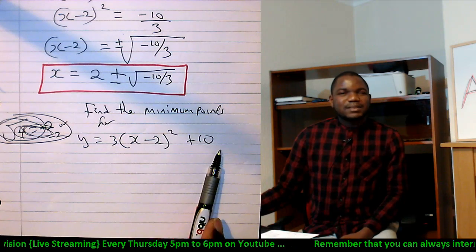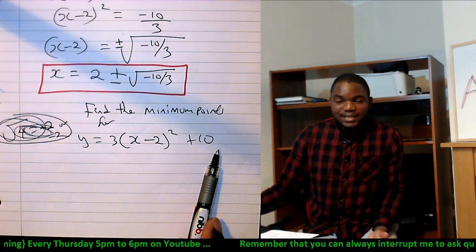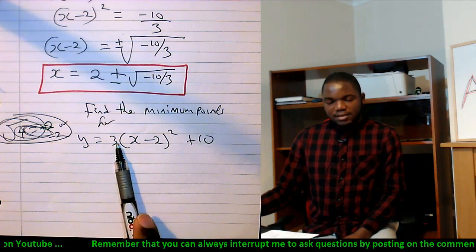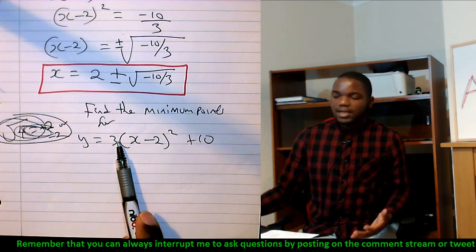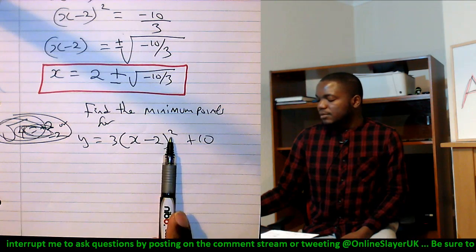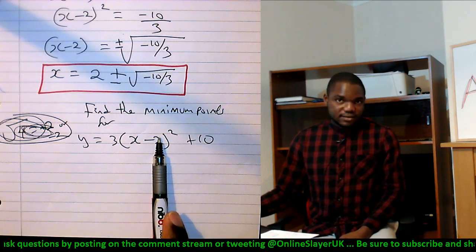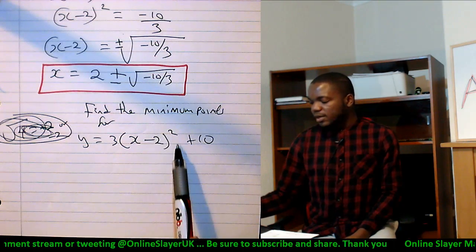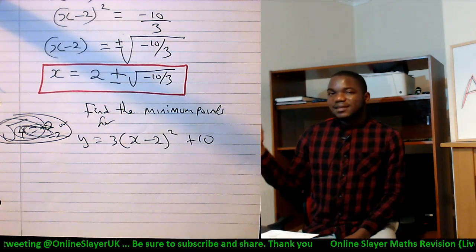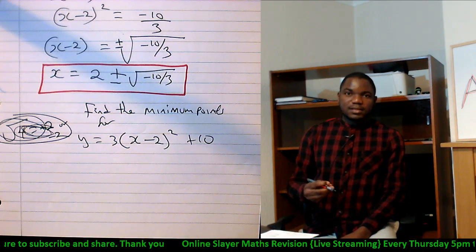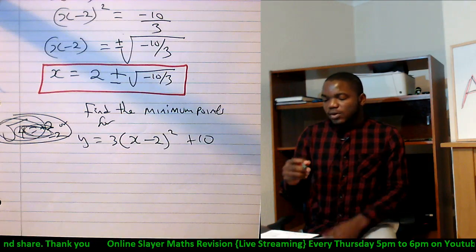10 is going to be 10 no matter what. So 10 is already at its lowest value. 3 is going to be 3 no matter what. But x minus 2 all squared might change with x, will change with x. But remember, it is a square, isn't it? The least a square can have is 0. Like I told you, a square will never be